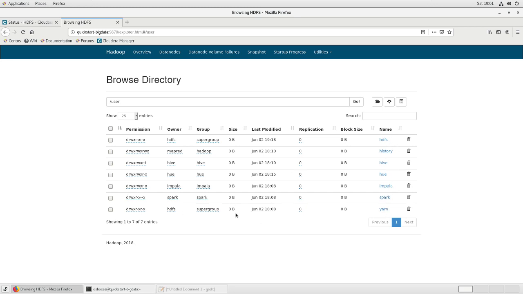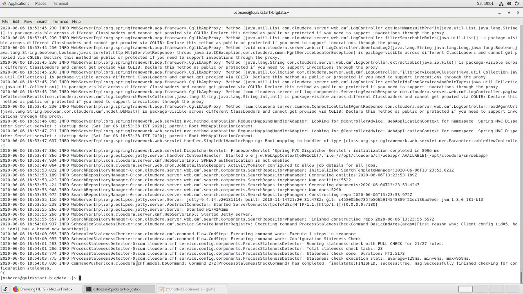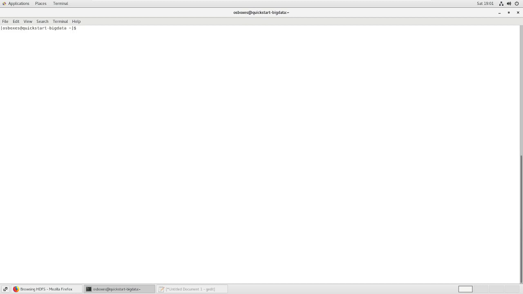Now one of the things that you can do is you can create a user here, so that you are able to work on many of these components. So if I come here and write hadoop fs -ls /, and then this opens up.